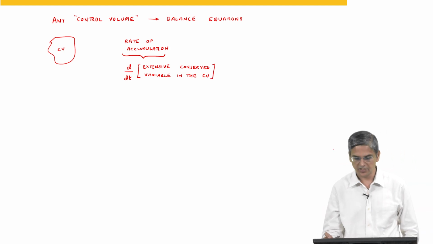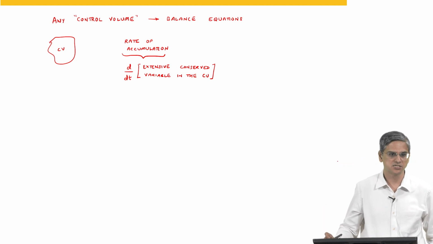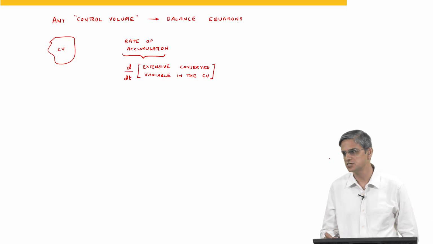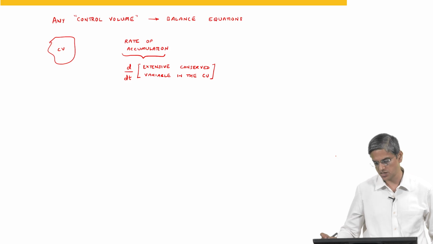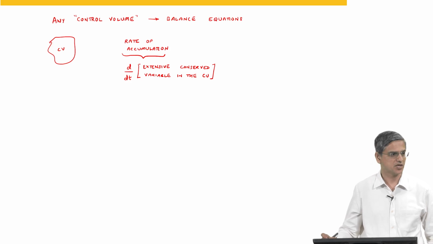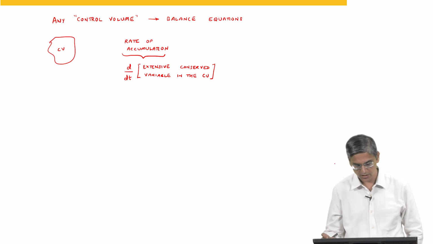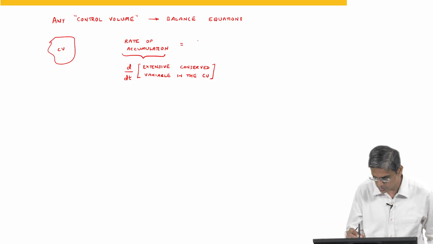It is an extensive variable and it is a variable that is conserved. Mass is conserved, energy is conserved, moles of a particular species are conserved, and momentum is conserved. Okay. So that is going to be equal to rate in